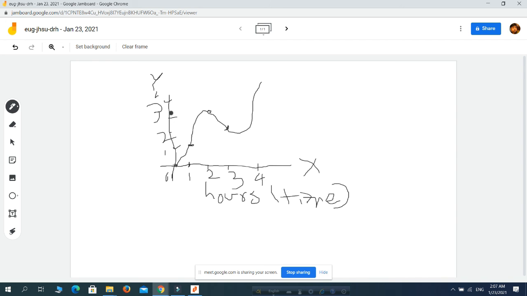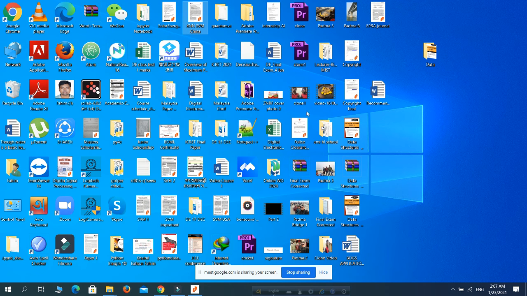So there is another way of plotting a graph, that is, you can capture a video beforehand with your mobile phone, write down the things on paper and make a video, and you need to store that video in your laptop. Let's say we have a video here.